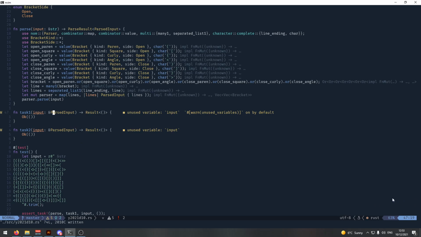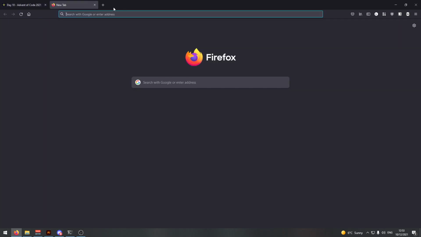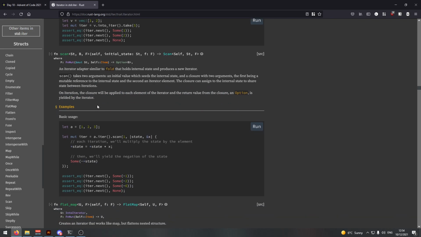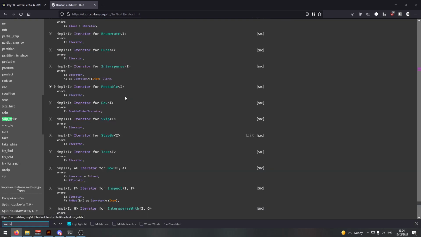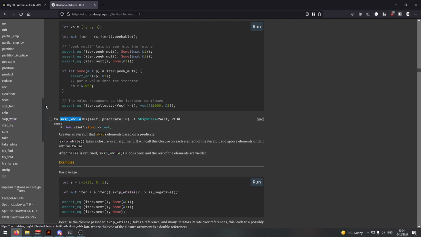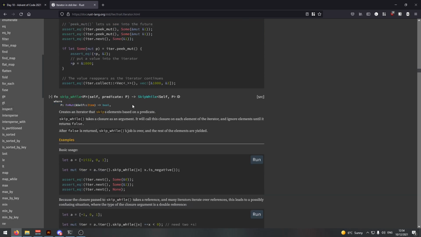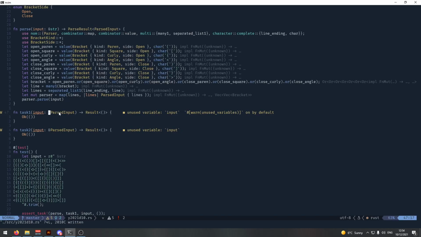Okay. So what does scan produce? Produces each element, and it can exit early. Okay. How is skip while feeling? Skip's based on a predicate, and the predicate can be mutable. Okay, so I think we want a skip while with an external state. So we can say